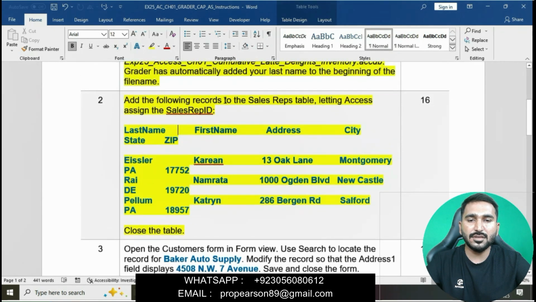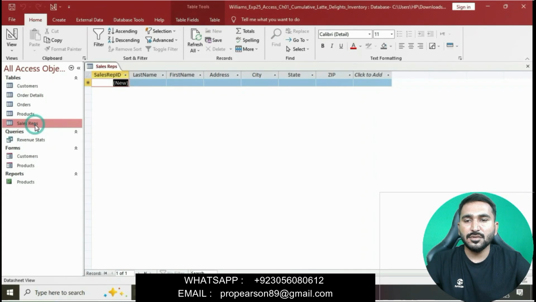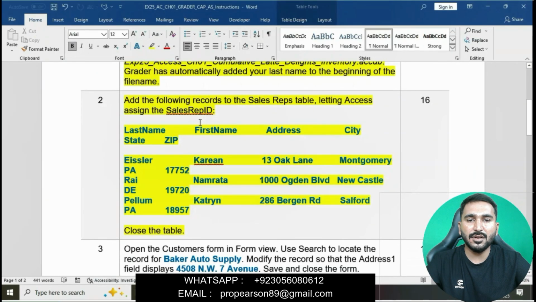You can read all of this. We will go to the Sales Reps table and open it, letting Access assign the Sales Rep ID, and then we will add the following records.